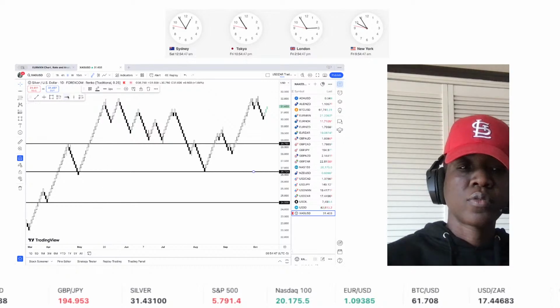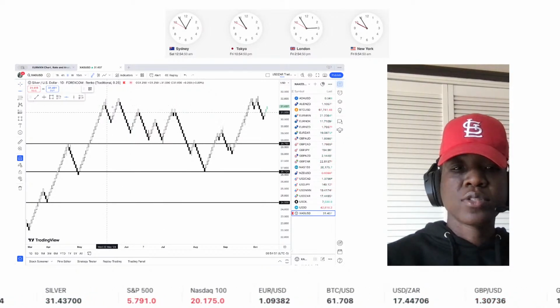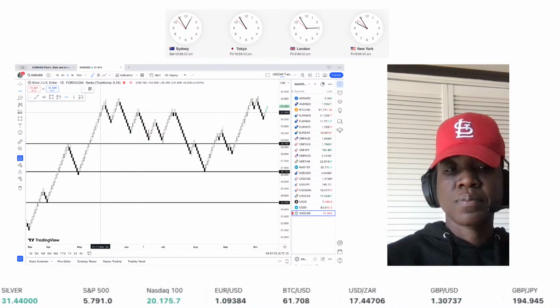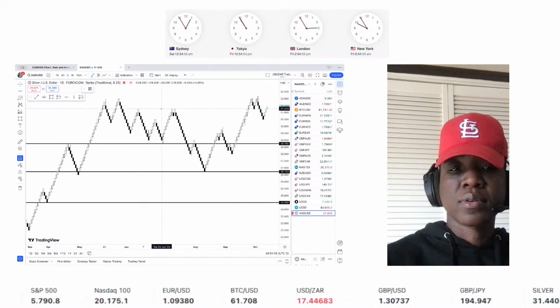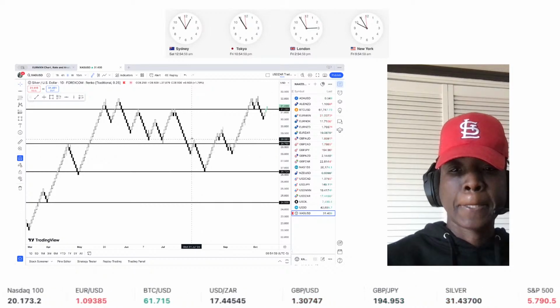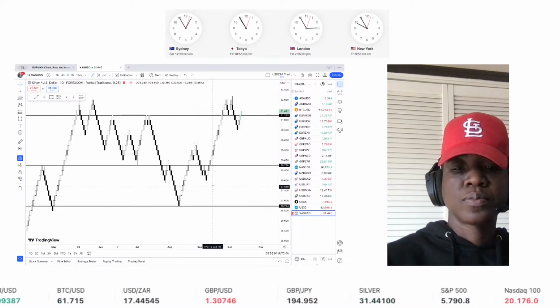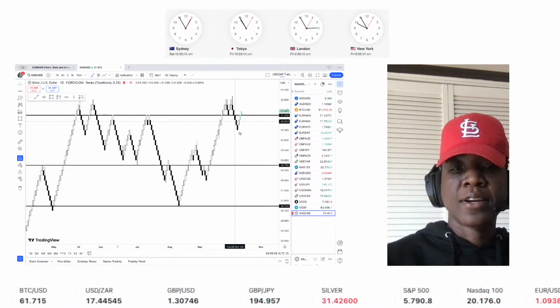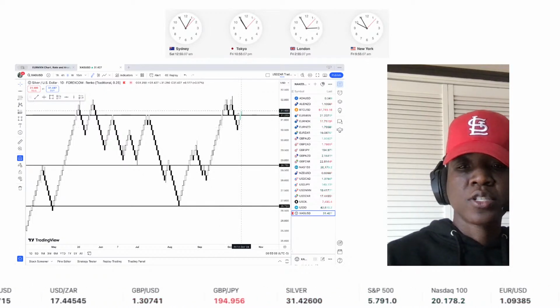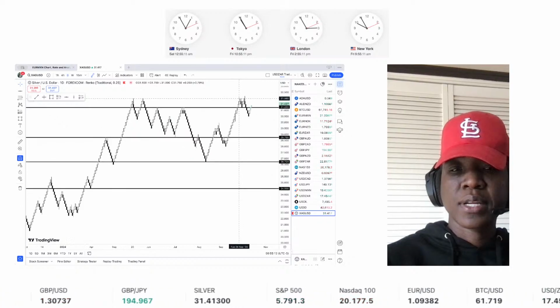So boom, right here gave us a little bit of a double top pattern over here too. This was like a macro double top. Yeah, and so I would put it like here. So boom. Easy work. Now, higher low, higher low. And so if it closes above here, we would be getting into, I'm pretty sure this would be